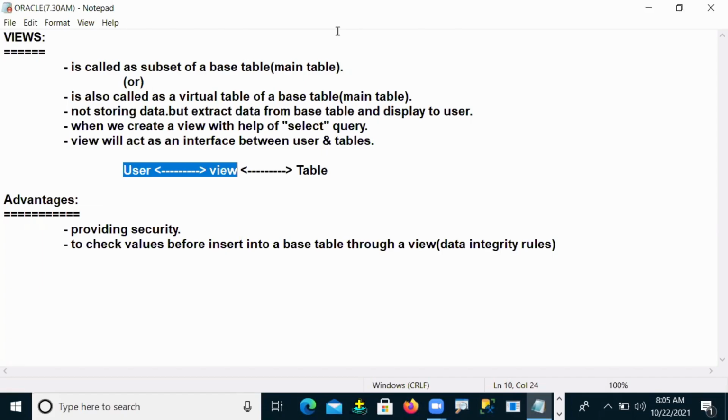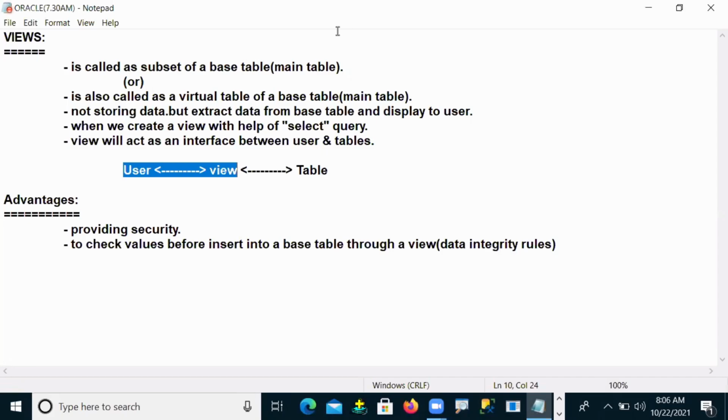You don't have privileges or rights to directly interact with the original tables. Those kinds of permissions are not given by administrators to users. They can't directly interact with original tables. Because when they directly interact with original tables, what is the problem here?